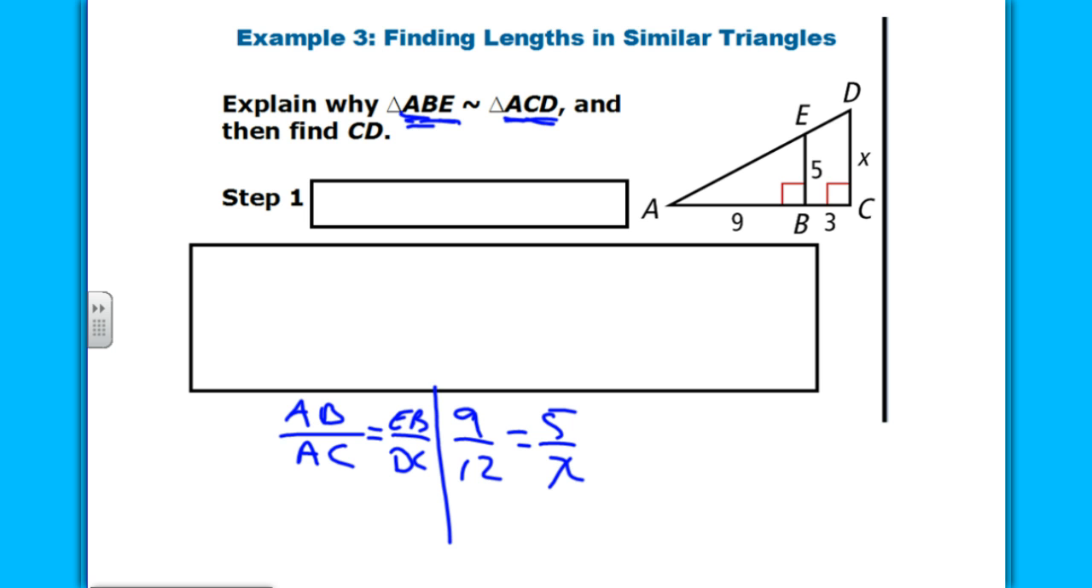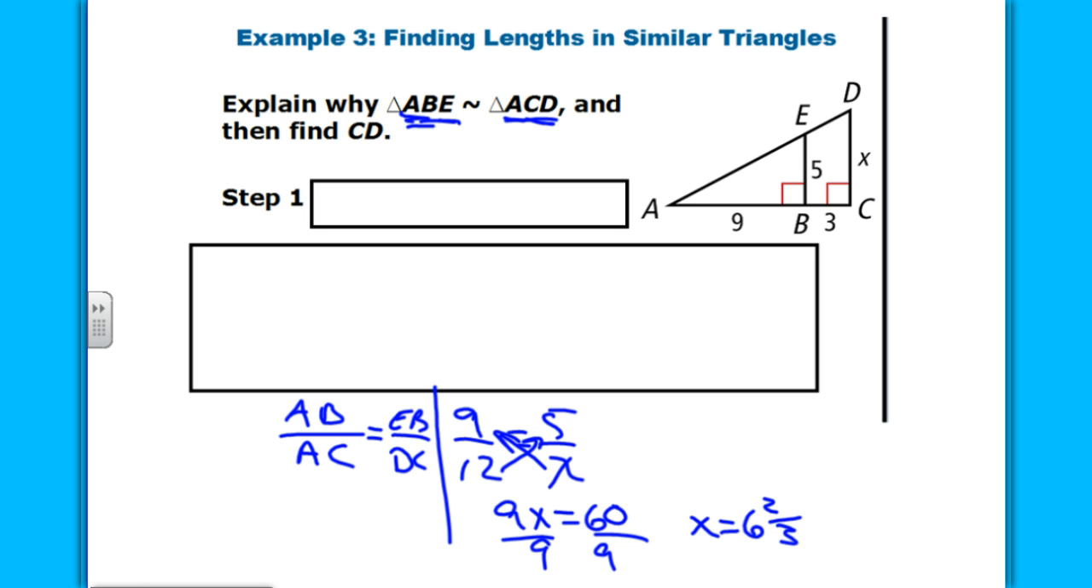Okay? And so then we use our cross products or something. What did you use? It's not easy to blow 5 up to become a 9, you know, like the old blowing it up kind of way. So 9x equals... I heard people say cross product. So what is 12 times 5? It's 60. So when we divide by 9, what does x equal? 6